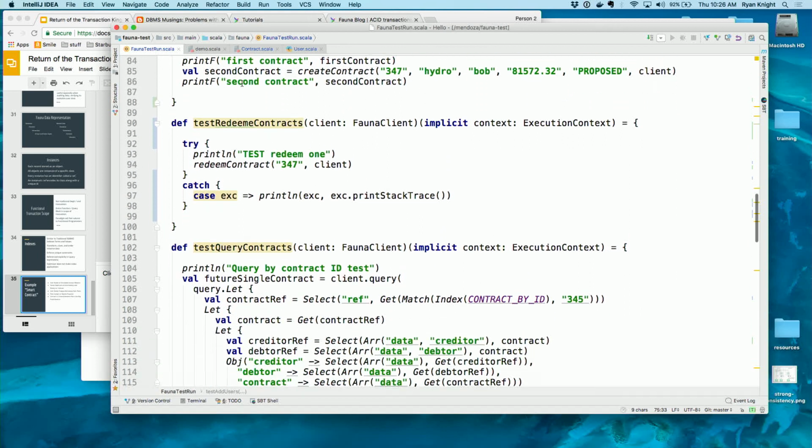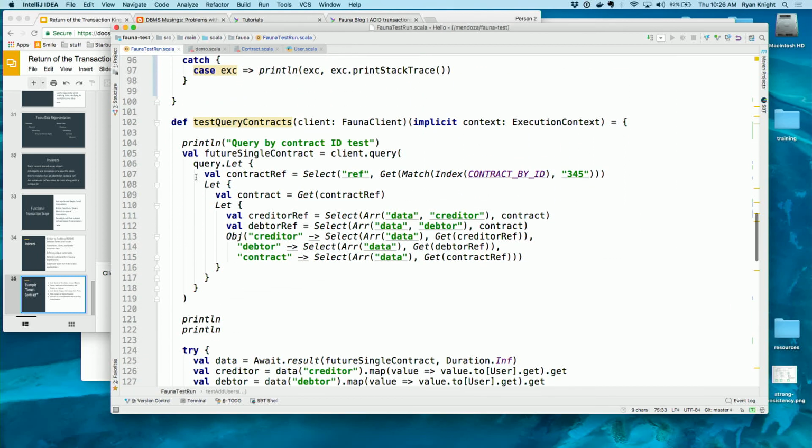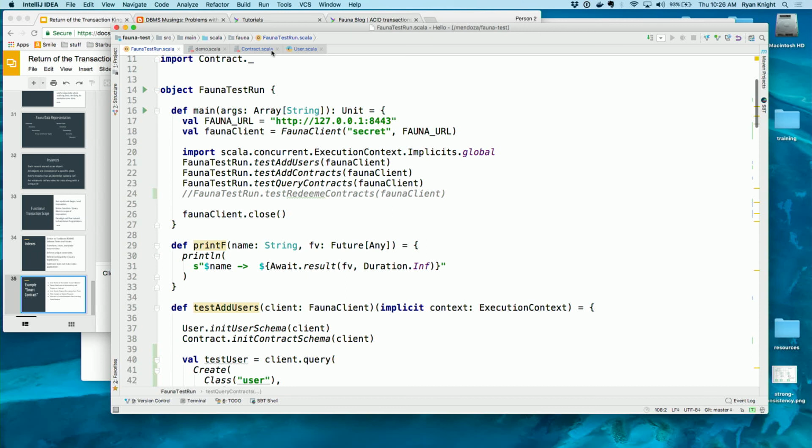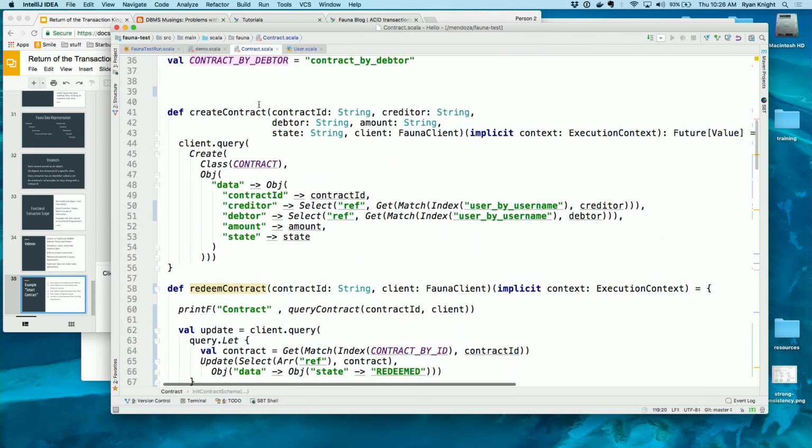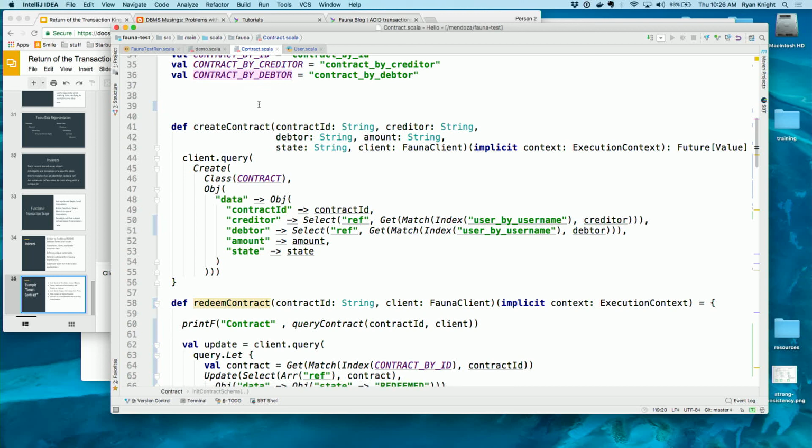A little bit more of a complex example: say I want to go to contract. I want to create a contract, right? A contract is between two users. To create the contract between two users, I first need to look up those users.